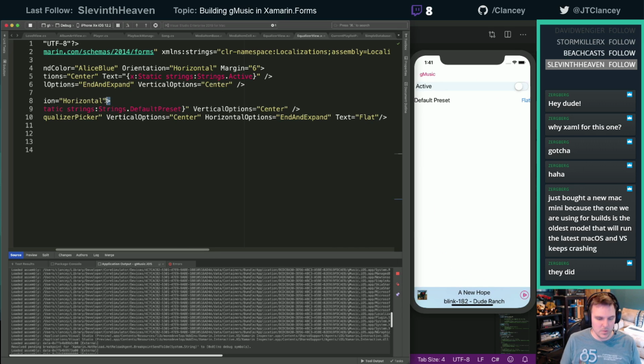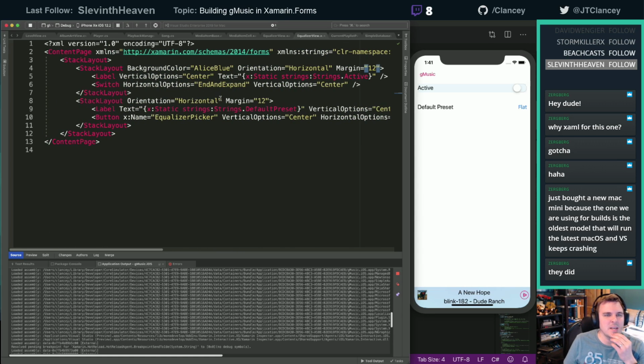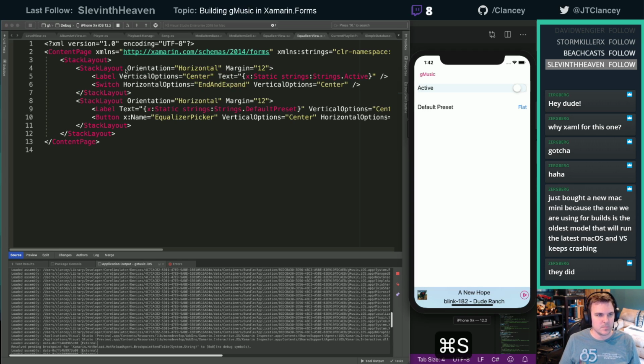We're going to want to make sure we throw some margin in here as well. Equals, let's throw that same margin in there. Clean that up. I actually think I'm going to increase that. Let's go with like 12. See how 12 looks. Do that one at 12 as well too. All right, that's looking good. Let's ditch that Alice blue. We don't need that. I would like those to be a tad bit tighter. It might get better when we throw in the center stuff.